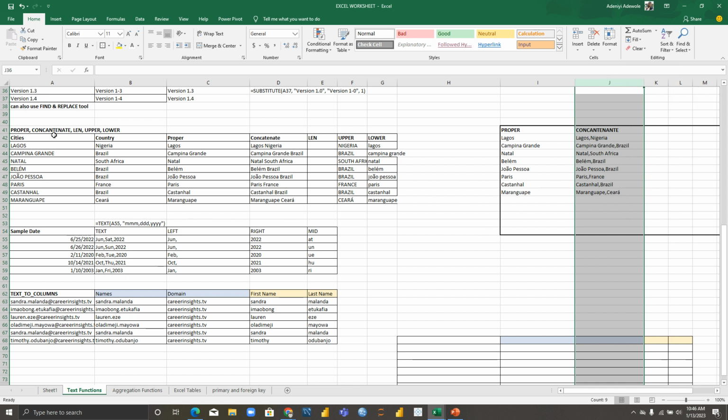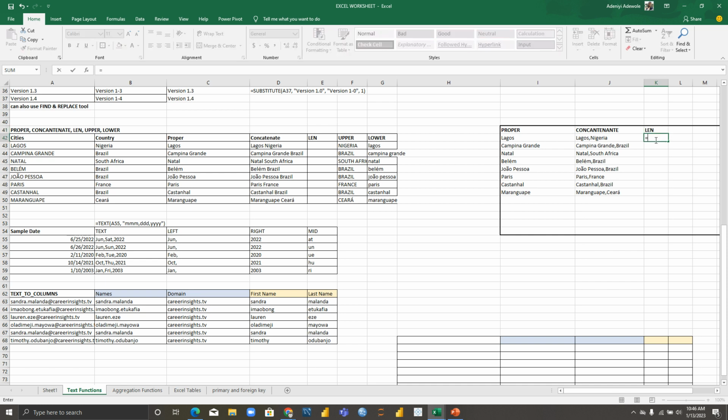Okay. So now when we say len, it means you want to get the number of characters. Lagos. That is 5 characters, right? So let's take an instance. I want to get the characters for my cities. I want to get the length now. So that is when you use your len. That is, you want to count the characters that are present in your data. So using the len,